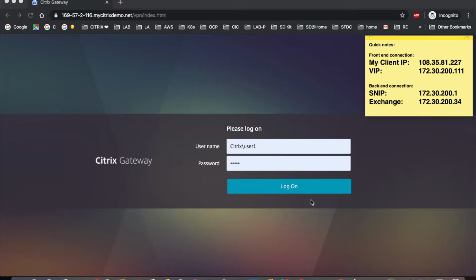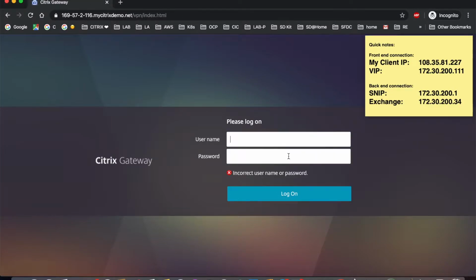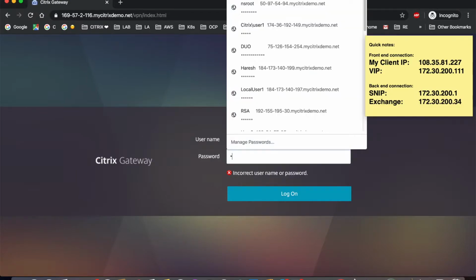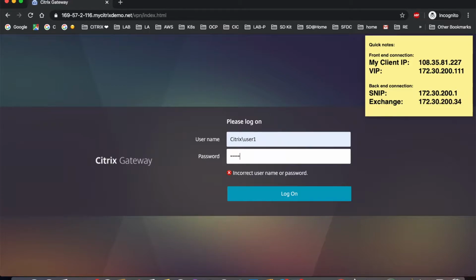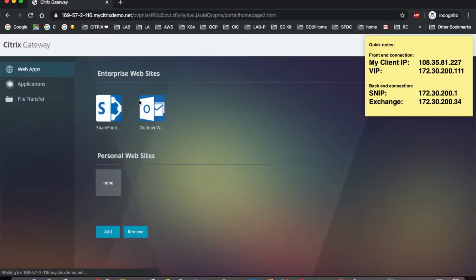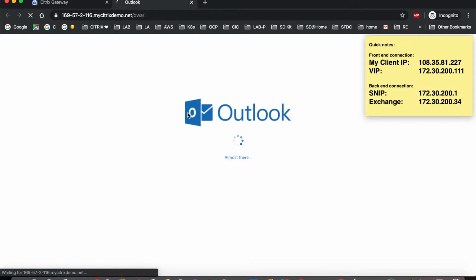and basically matching the two sides of a proxy connection. So I'm just going to log in and use Outlook via a CVPN. So here's a user connecting in. I'm going to go into clientless access,